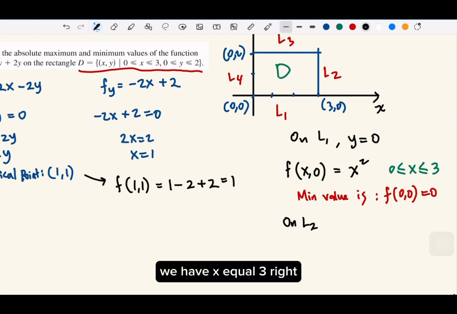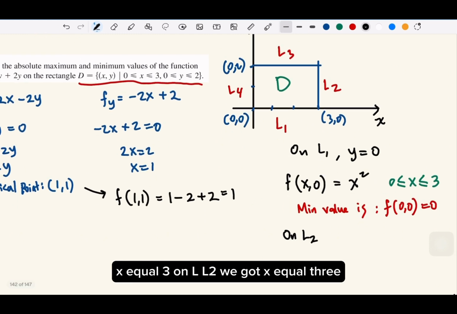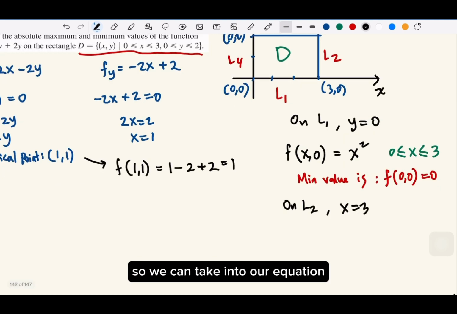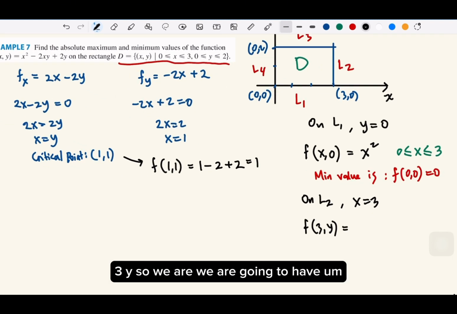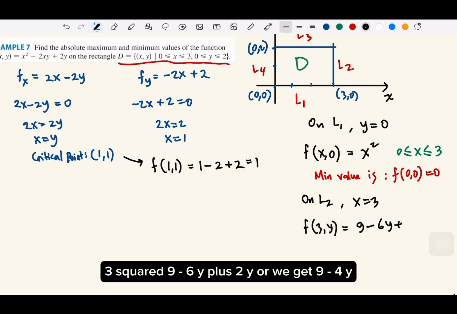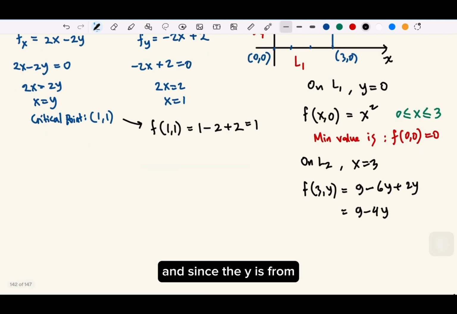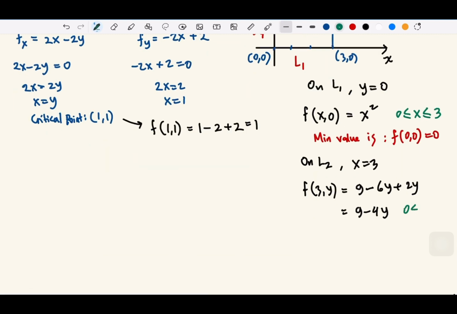We have x equal 3, right? On L2, we have x equal 3. So we can take it into our equation. We are going to have 3 squared, 9, minus 6y plus 2y, or we get 9 minus 4y. And since y is from 0 to 2,